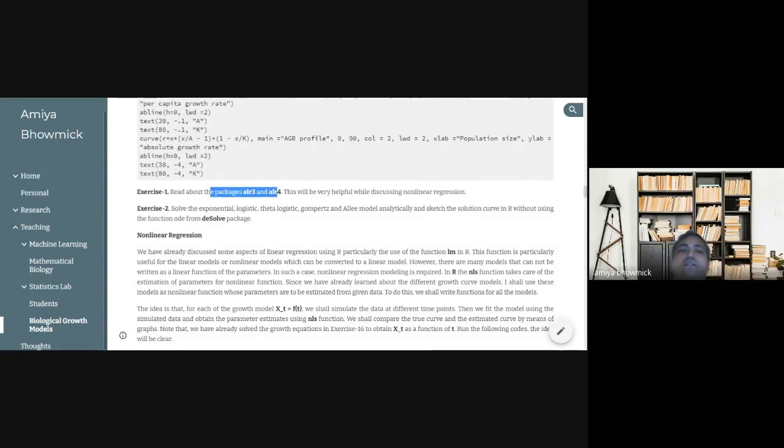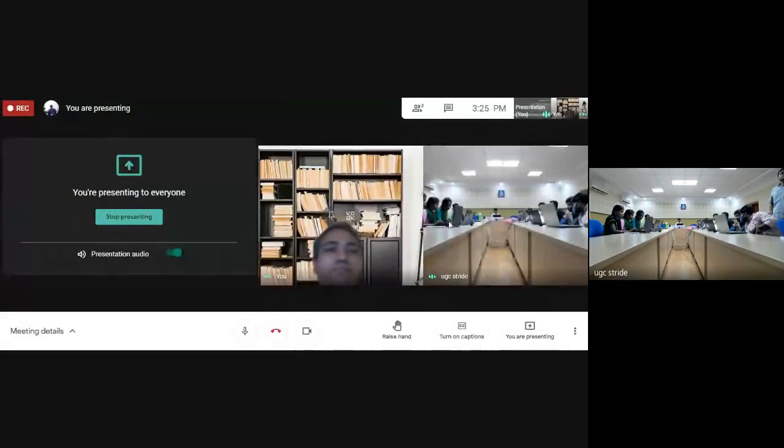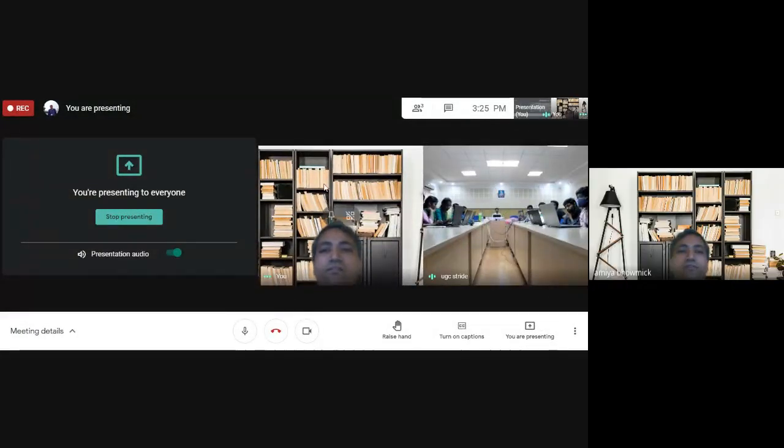Read about the packages ALR3 and ALR4. You can utilize these two packages for performing bootstrapping in linear regression. Is it clear? I think this is what I wanted to talk about bootstrapping.